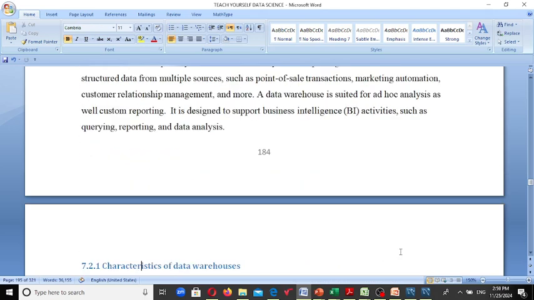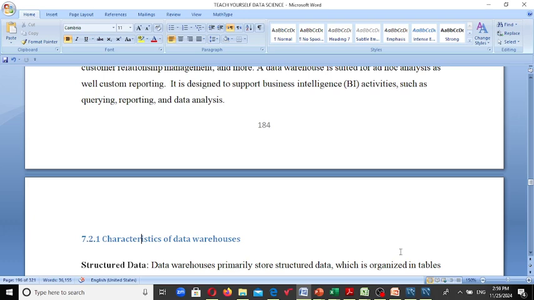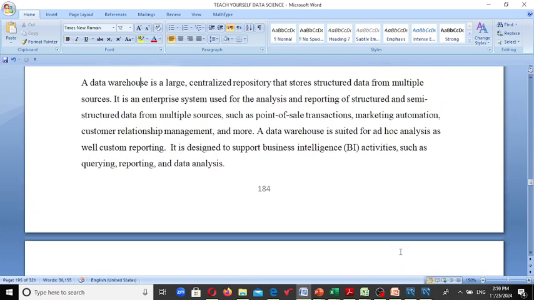So the next thing we are looking at now is what we call data warehouses. A data warehouse is a large centralized repository that stores structured data from multiple sources. It is an enterprise system used for the analysis or reporting of structured and semi-structured data from multiple sources, such